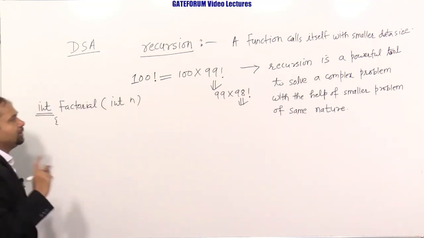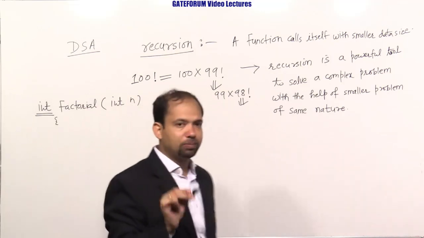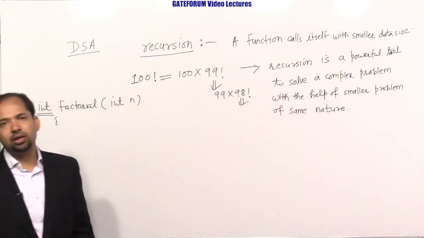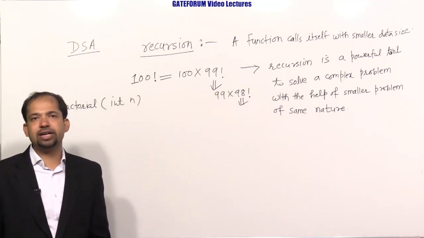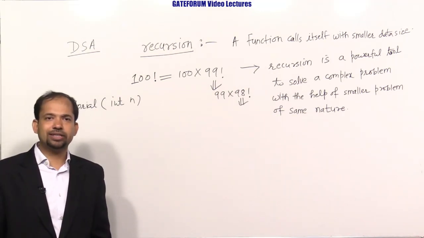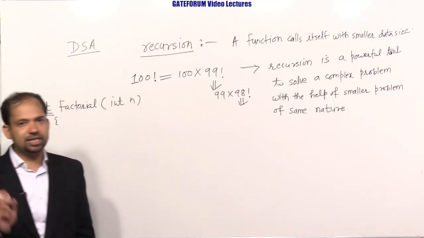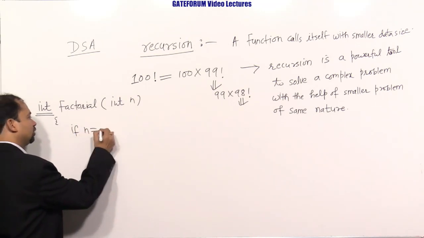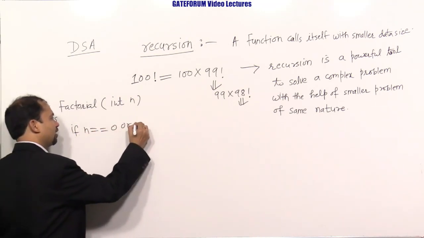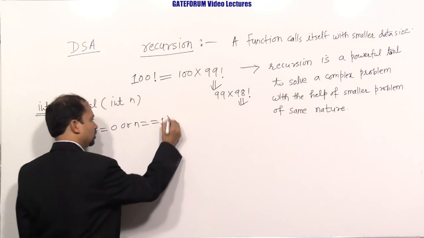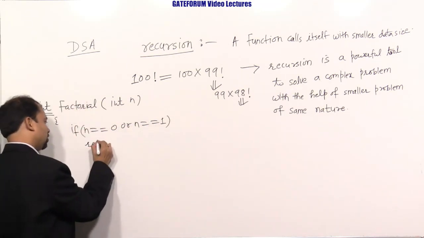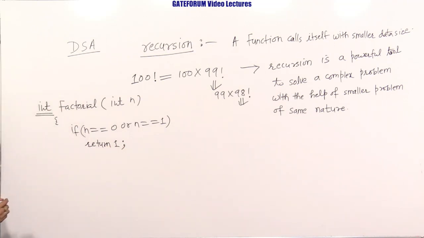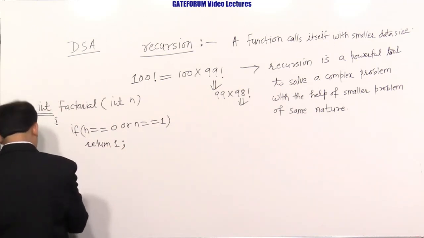And what is the base case? In every recursive program there must be a base case. Without a base case you cannot write a recursion, because your recursion will never stop. So the base case is a must. Here the base case is if n equals 0 or n equals 1, return 1. Else,